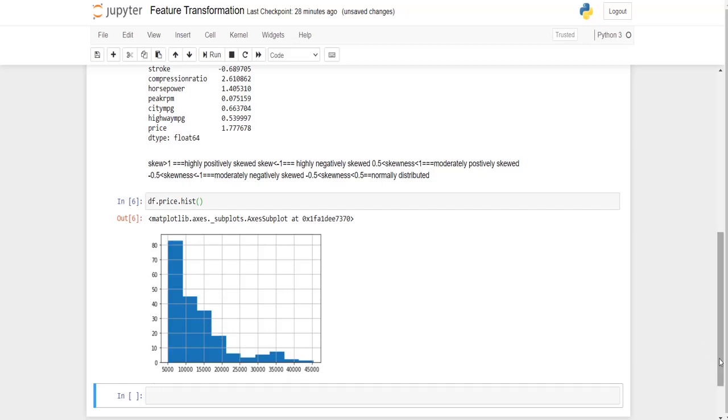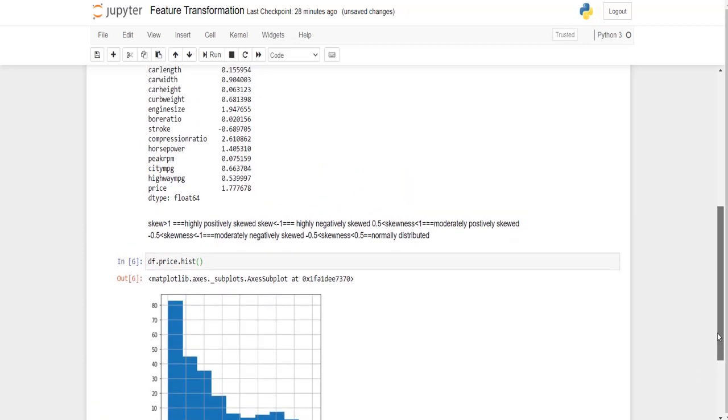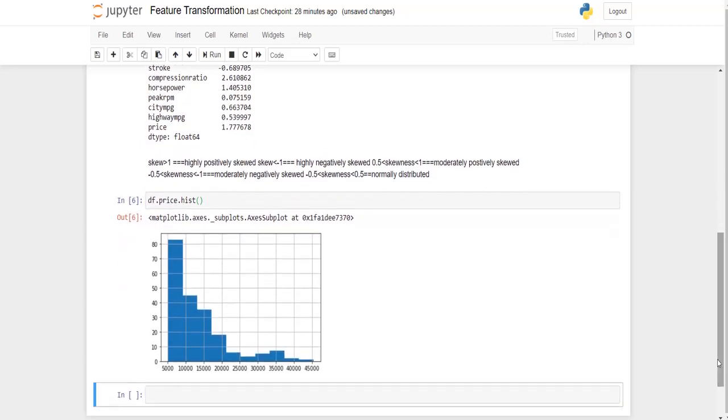Similarly, we can check a few other features. So let me check the feature city MPG. df['city MPG'].hist()